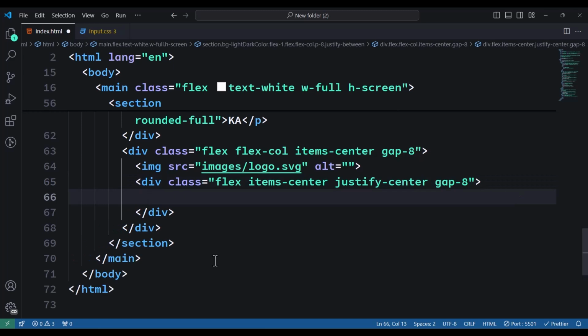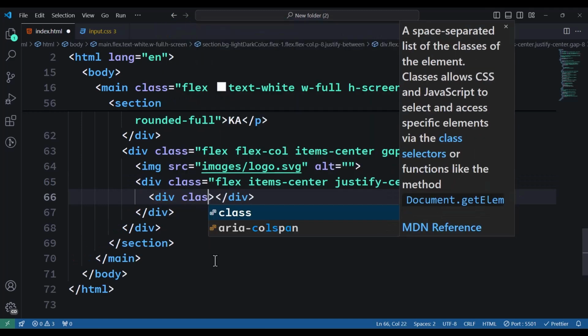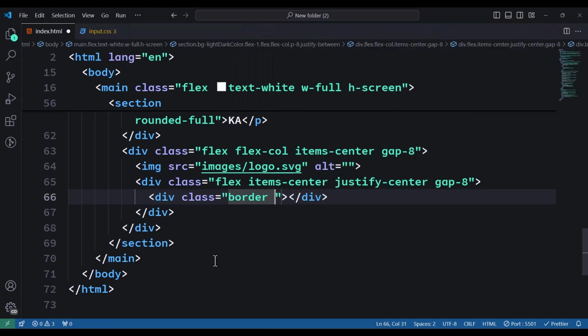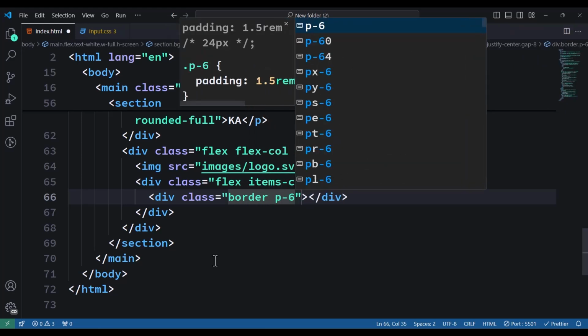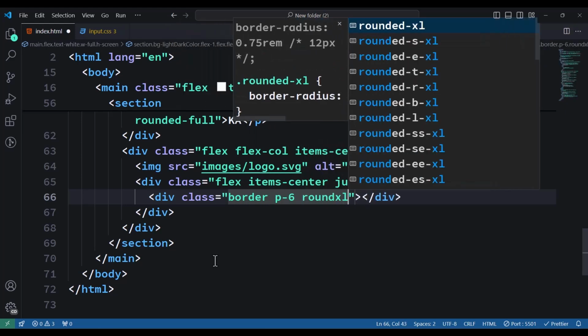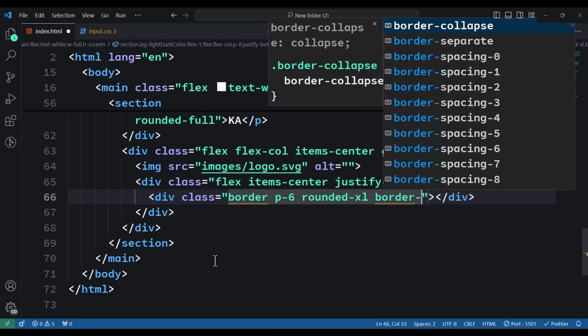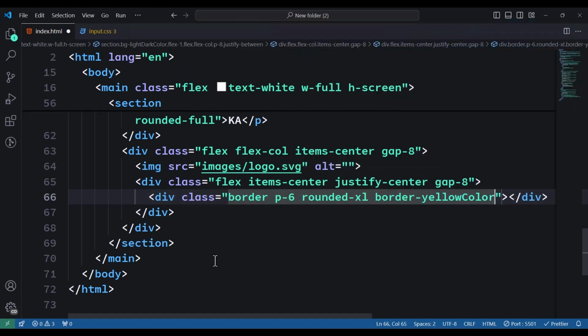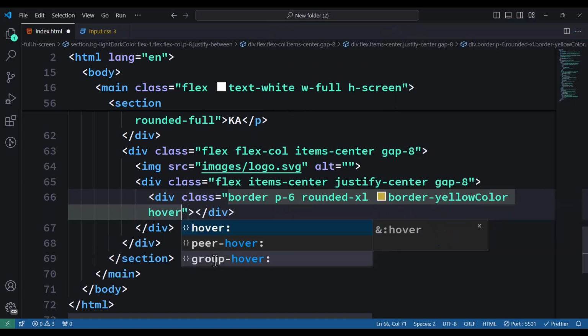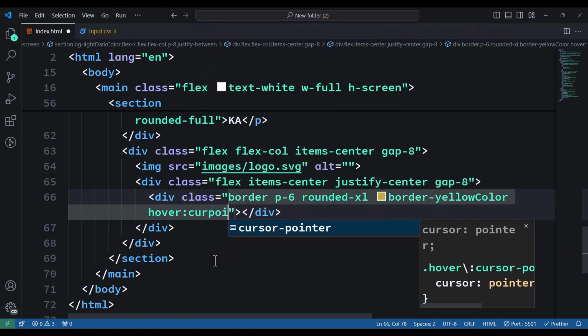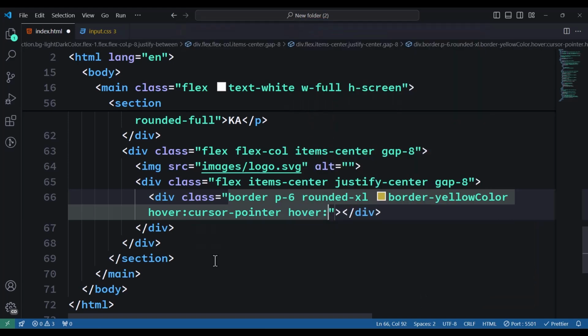And then inside that we have some divs. The first one has the border class, then p-6, rounded-xl, border-yellow color to set the border color, and then on hover, when you hover over it, we change the cursor to pointer, and we change the background color to this custom color value. Whenever we want to write a custom color value, we use bracket notation, and then put our CSS value there. So I'll write this color here,